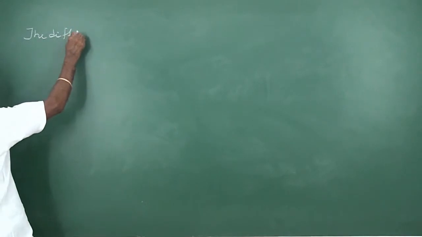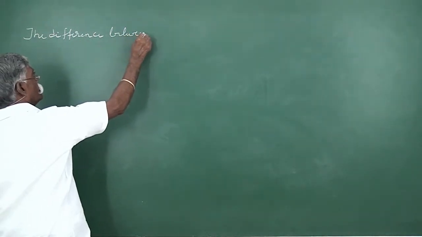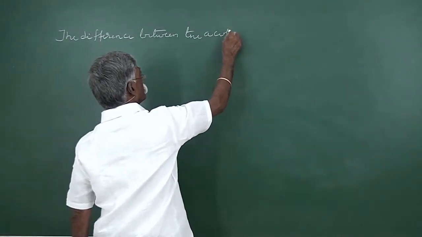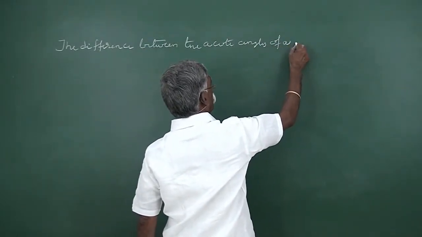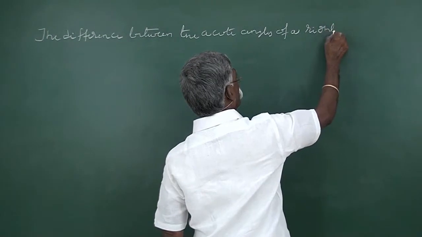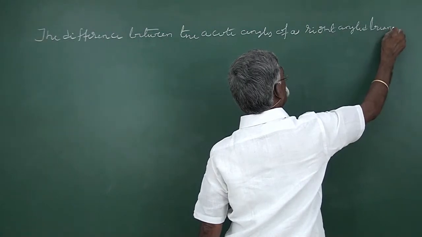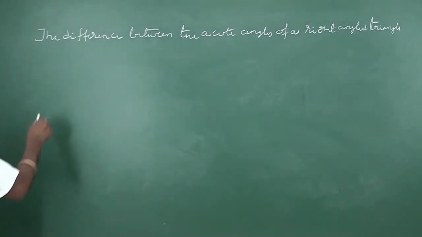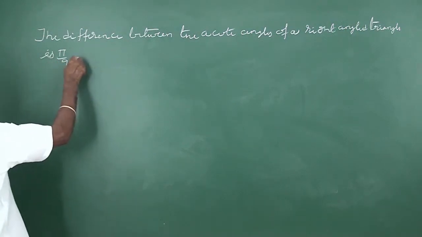The difference between the acute angles of a right angled triangle is pi by 9. Find the angles